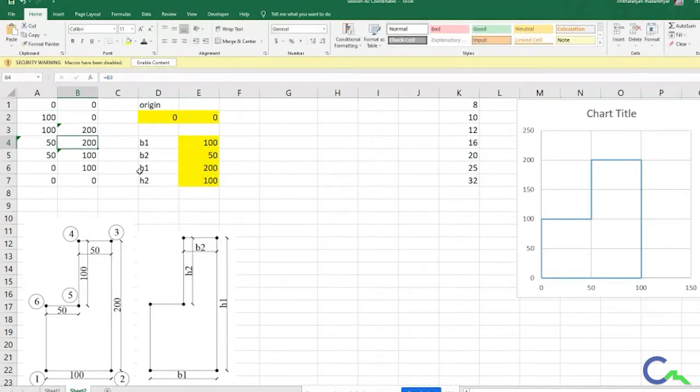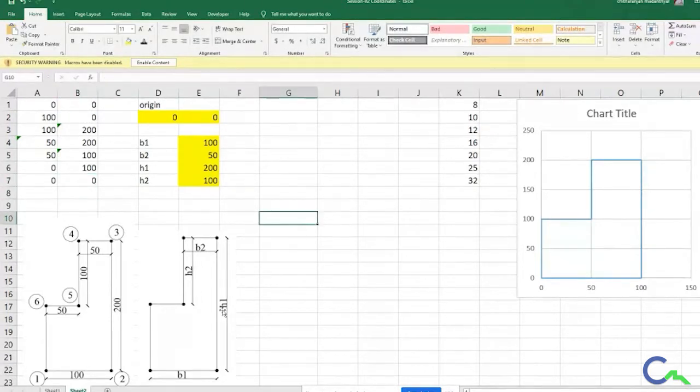If I come to the fourth node, it is the same as the previous value. So I will relate that same thing. If I come to the fifth node, it is the fourth node minus the H2 value. Finally, the sixth node is the same as the fifth node. I can relate directly. Then the last node, I can give this as 0.